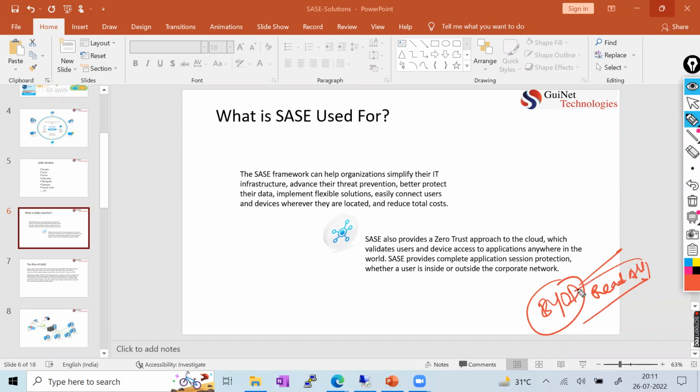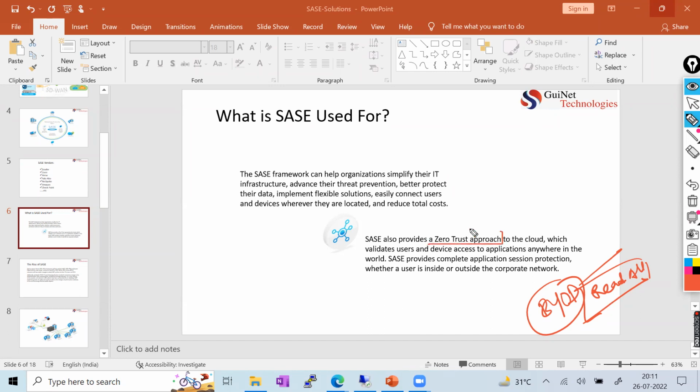It's not like I'm sitting at home, using my internet, and nobody is seeing what is going on on my laptop. Anyone can read it at any time. They can collect the logs from your browser history, your cache history, all your activity, whatever you are uploading or downloading from the internet, and which application you are interacting with. They can easily deduce you, right? So that's why the zero trust approach.